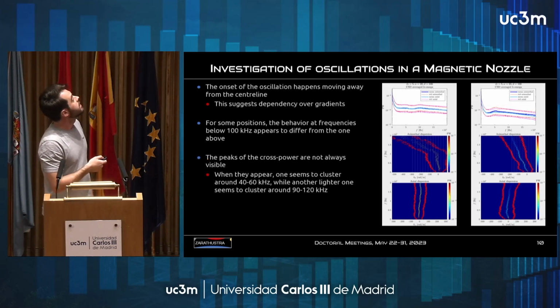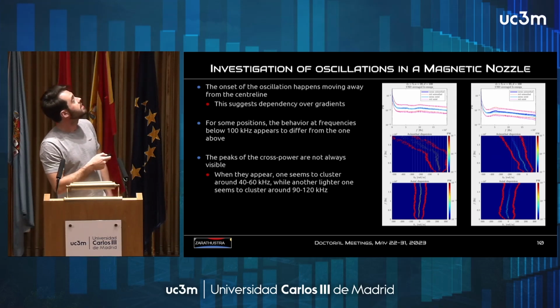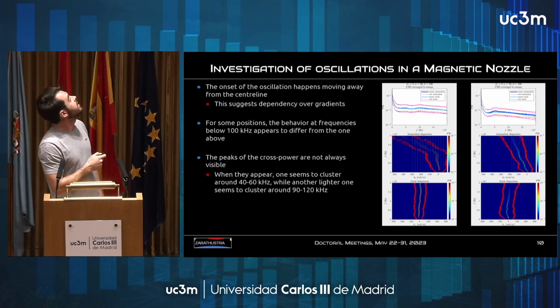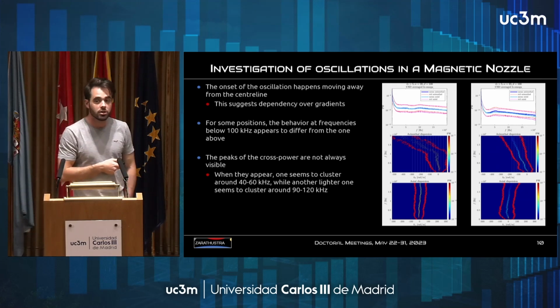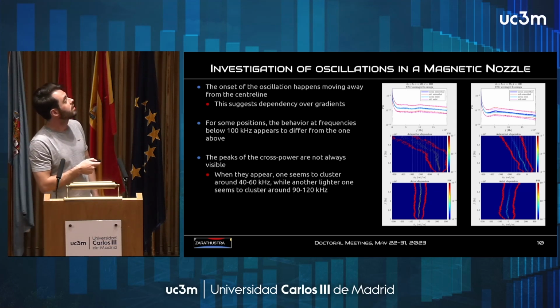What happens is coherent with the results that you see at other points in the plume. This is at 35, same distance, and this is at the same distance but at a lower angle, 20. The fact that this oscillation is triggered by moving away from the central line suggests that it may be triggered by gradients. For some configurations, you see again the power bump around 50 kilohertz,